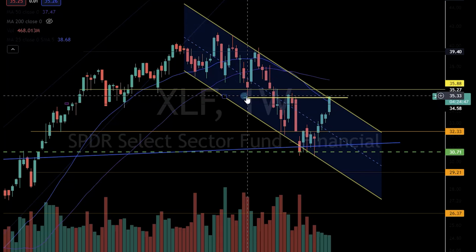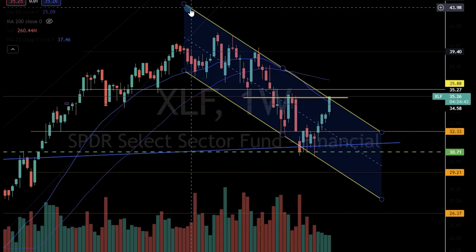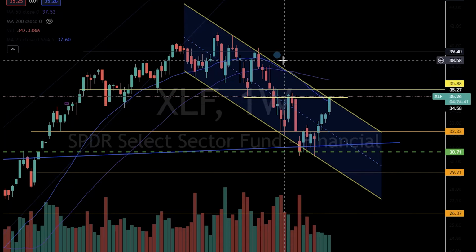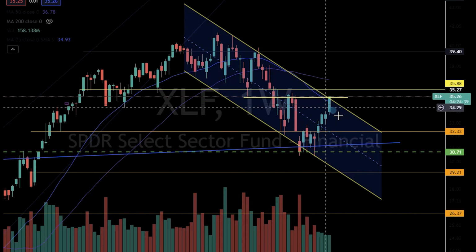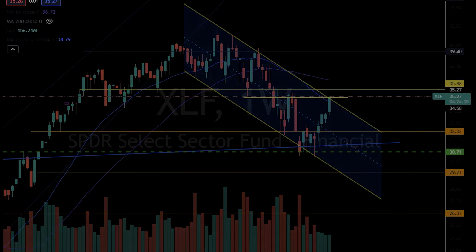But overall, you have this major pivot zone over here, tons of resistance up here, and you can see you have this down sloping parallel channel that will act as resistance as well. So in the short term, I do think there's a potential pullback. If we discuss the